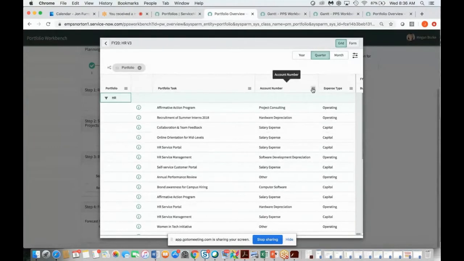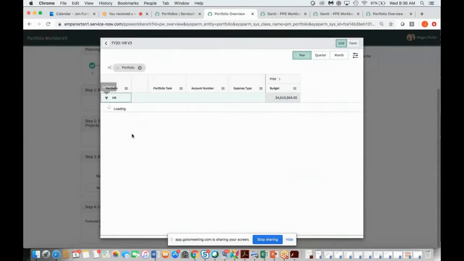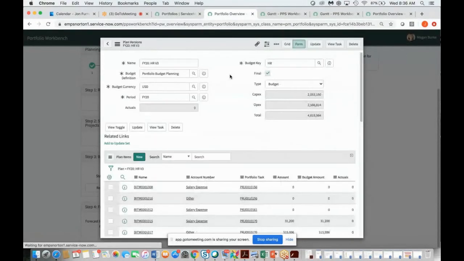Trying to toggle over here. So that's how you can manage that here. We can look at this from an overall annual perspective, so we can view that information. The other way to look at this is if we go in and look at it from a form perspective,